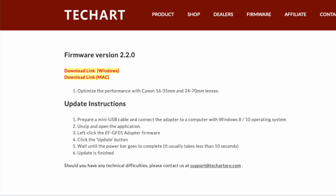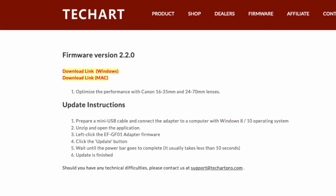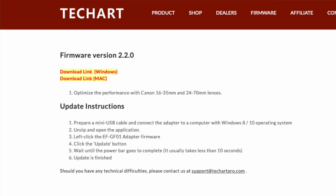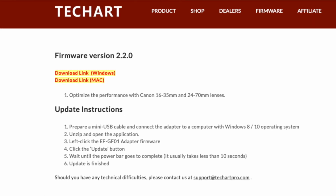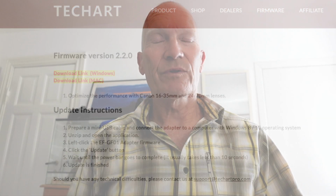You can get the firmware release from Techart. Just search for Techart and the name of the adapter and firmware, and you will get to the site where they have released their software. Don't get bothered by that. It says that the software for doing the firmware is version 2.2, I think it is. That's only the